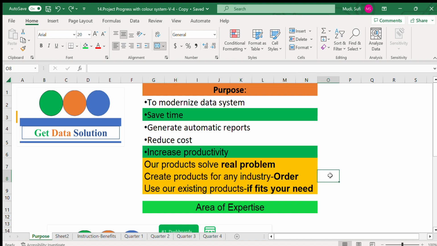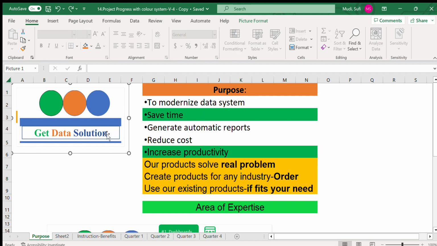In that case, you have to order. Otherwise, you can use an existing product if it fits your needs. Those are the main purposes of Get Data Solution,